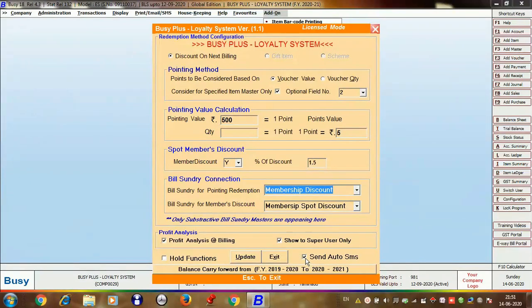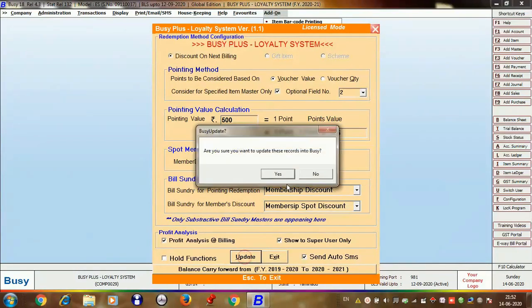So in case of membership point selection, after saving the bill, without any question from your side, without expecting any answer from your side, the system will automatically send the SMS to the concerned membership point. The last one is called the hold function. In some situations, like a seasonal period, if you want, you can hold the pointing system temporarily by clicking on this button. So these are the basic configuration setup of the loyalty program.